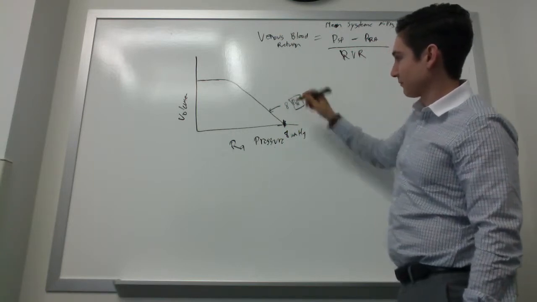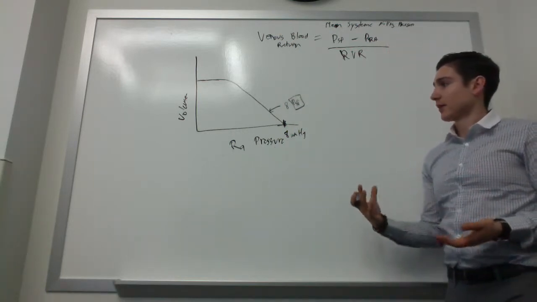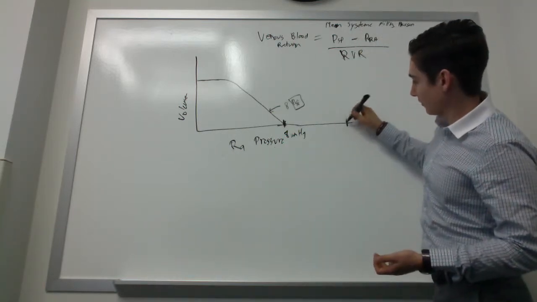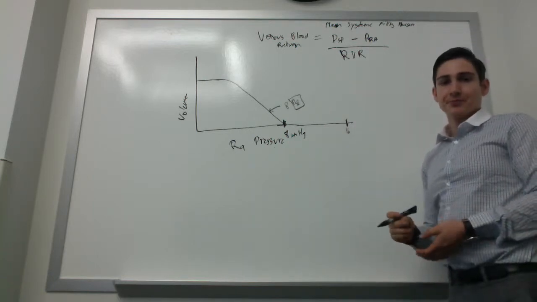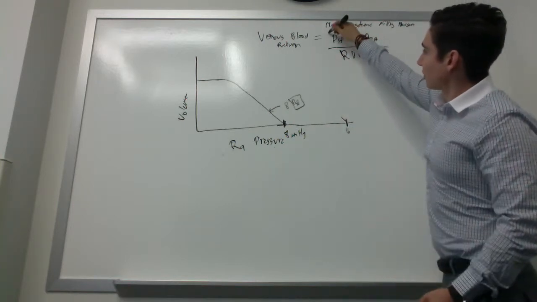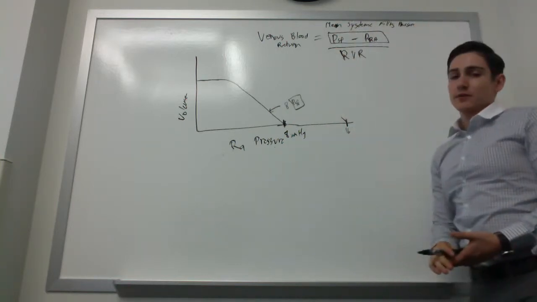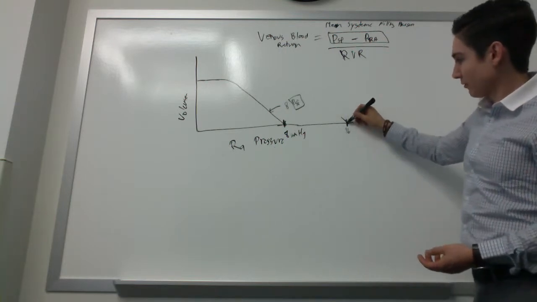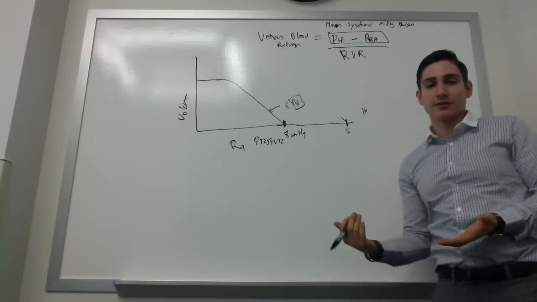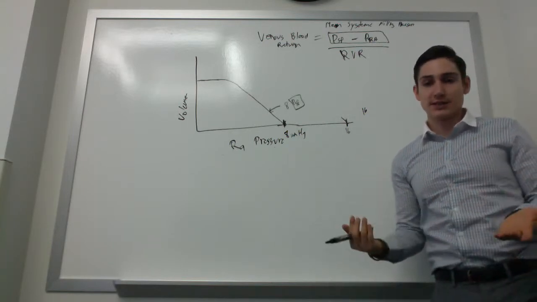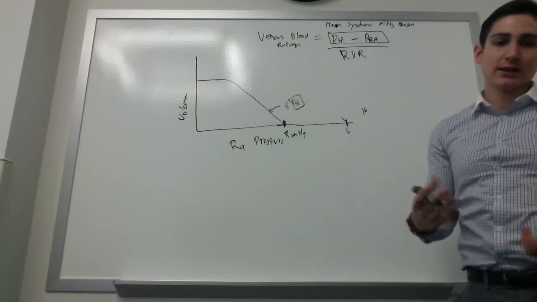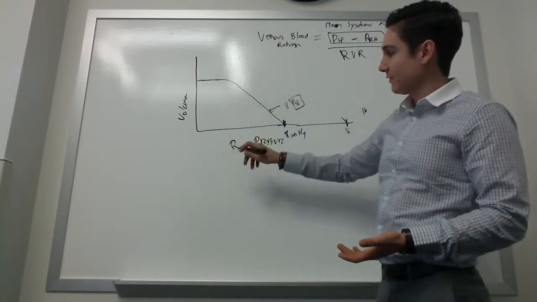So the mean systemic filling pressure of 8. Now if you increase that to 16, what it will do is it'll just cross at 16, okay? And it will still go up at the same regular rate because it's all about the difference between these two pressures, right? So if this point right here is when they're both equal, the right atrial pressure and the mean systemic filling pressure are both 16. Since the difference will be 0, then it'll cross and there won't be any cardiac or any venous return, basically